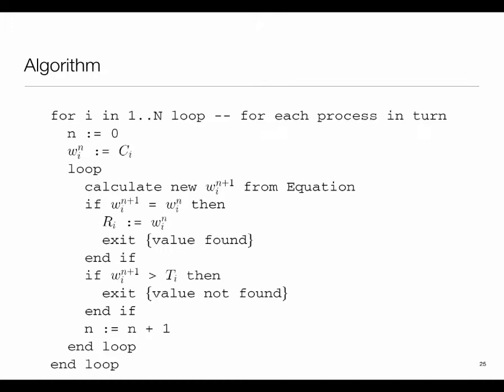And so given a piece of code like this, you can then play all sorts of other games. For example, I give you a priority assignment, you work on this thing, you find it schedulable. Then you can say, okay, hey, what if I slow down the processor a bit, save some energy? So you can just try it out by changing all the CIs. Slowing down a processor by a factor alpha means that each one of the C sub I increases by the same factor alpha. Rerun the algorithm, see what happens.